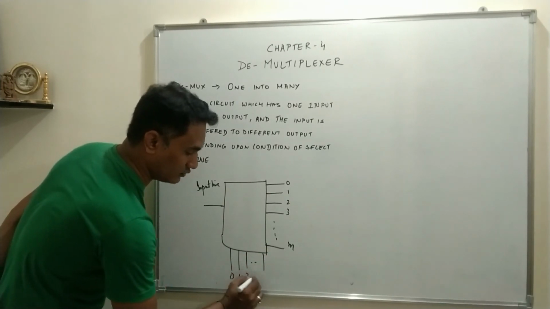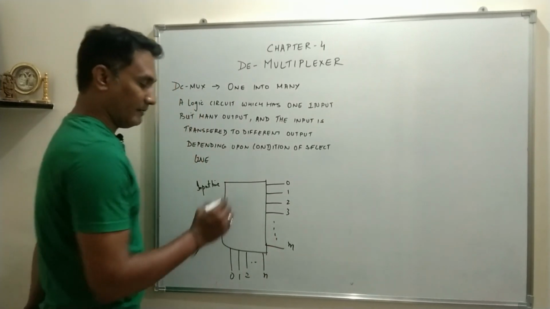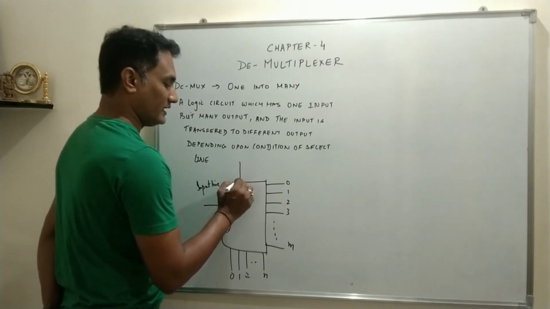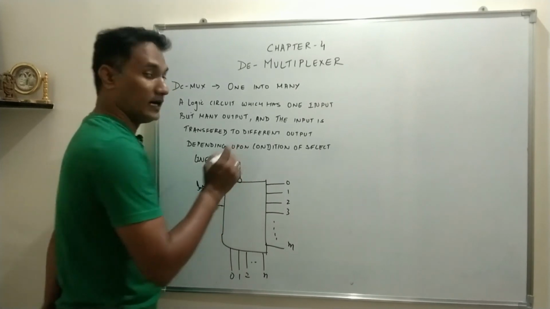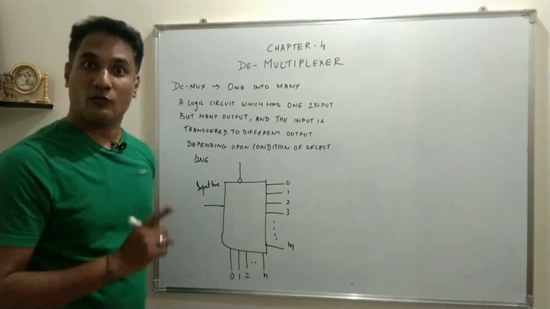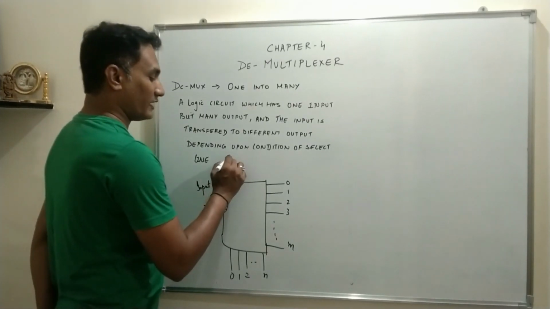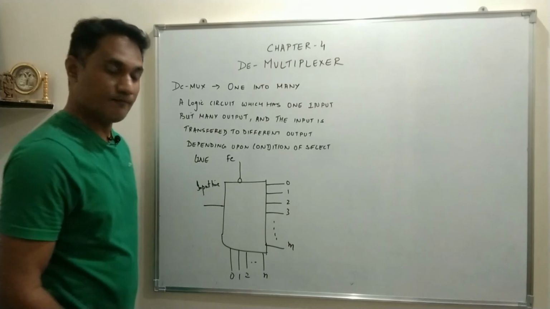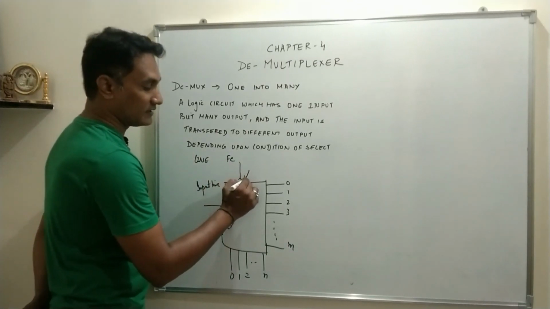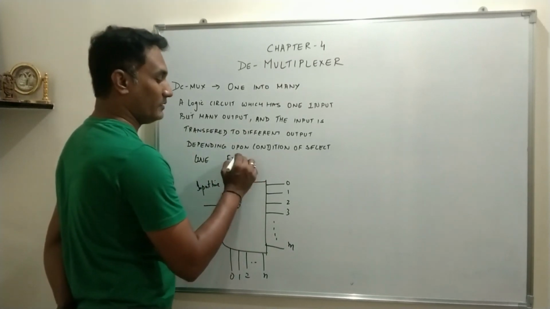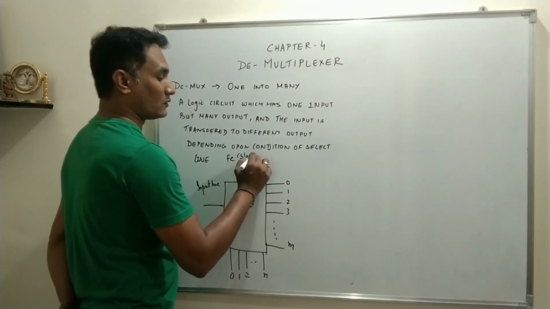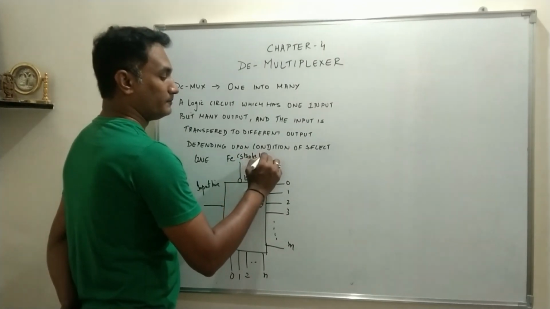Say 0, 1, 2, 3 up to n. And of course here there will be a strobe input. In case of multiplexer, the strobe input was called G. Here the strobe input is referred to as E, and this symbolic representation indicates that the strobe input is